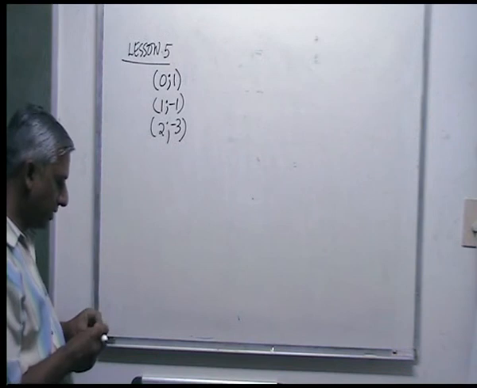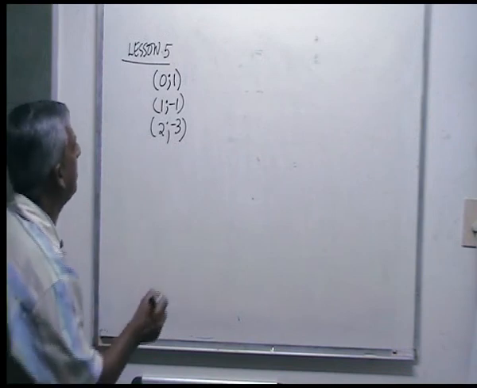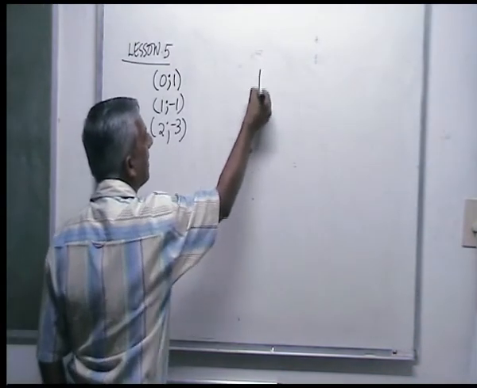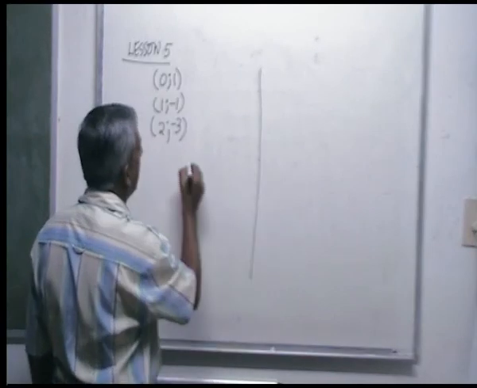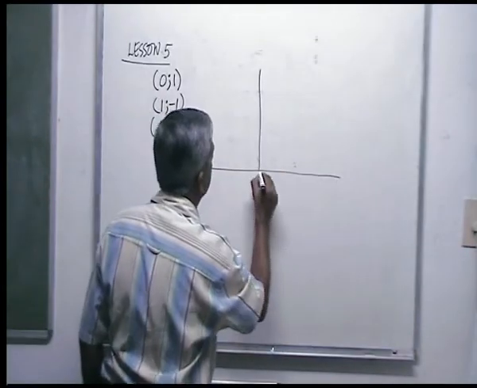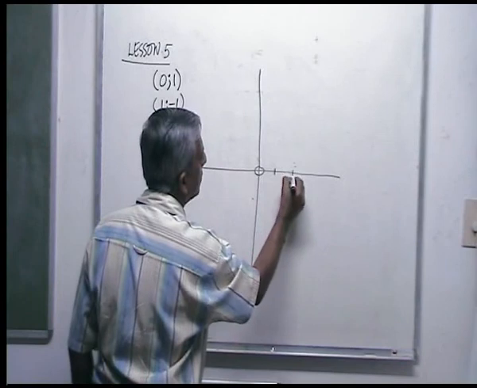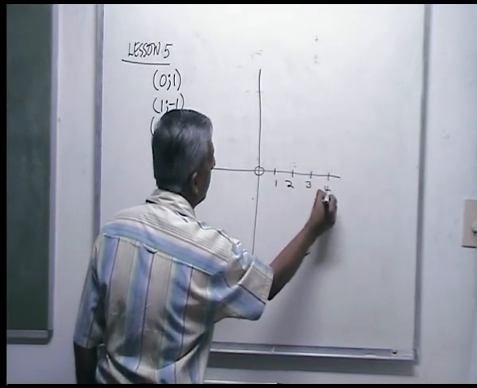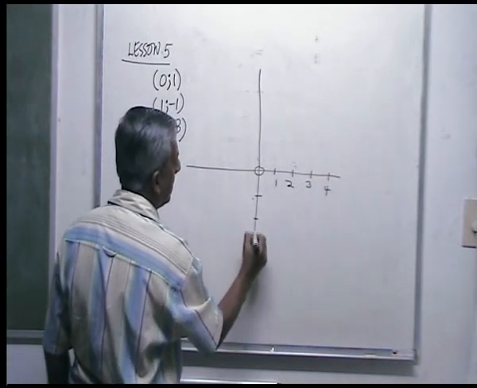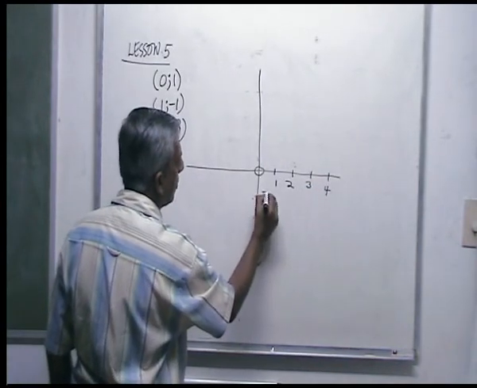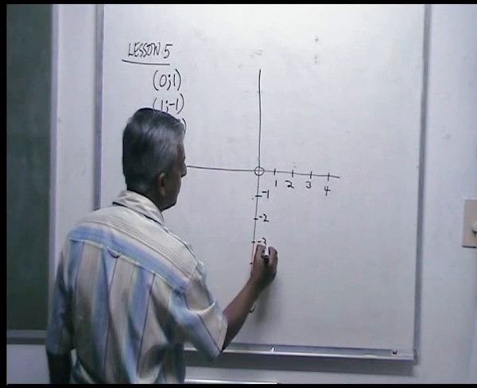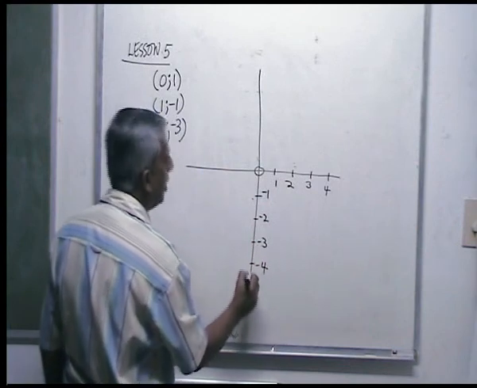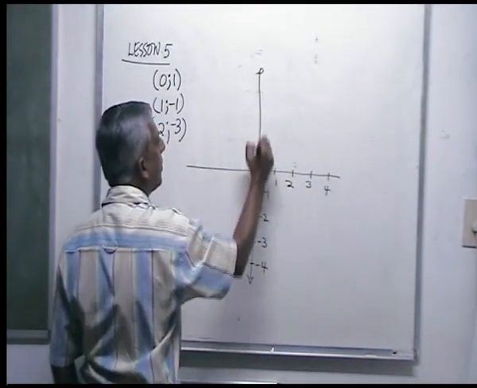Now, what we're going to do now is, you are pretty used to the graph paper by now, so I'm going to draw a graph paper here like this. I'll just draw a graph page here. There's your 1, 2, 3, 4. Of course, you're going to use graph paper, but there's your minus 1, there's your minus 2, minus 3, minus 4. But you've got to train yourself to go away from